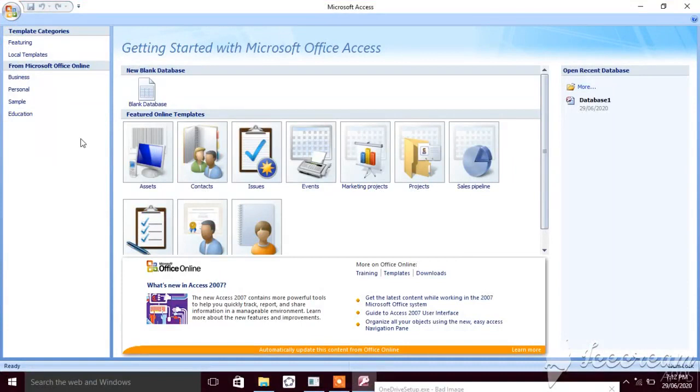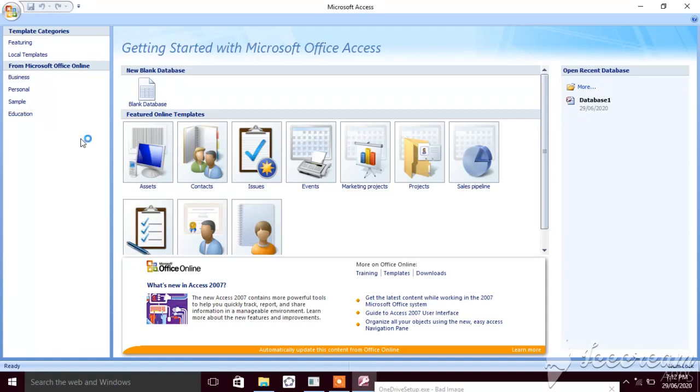Access is used to create databases. Okay, means you can create a database for business, you can even create a database for personal use, or for educational use. The businessman uses Access to store data. And in the personal and education fields we create databases to store the data of customers, or to store the data of students. Okay, now we will see how to create a database in MS Access.